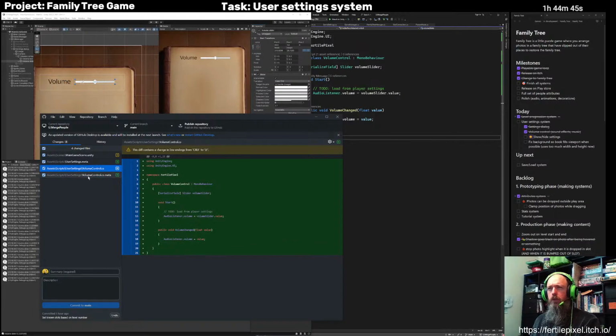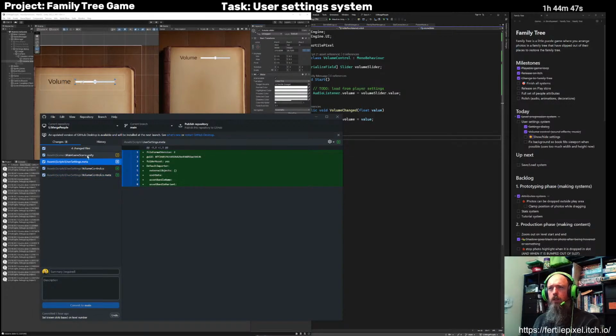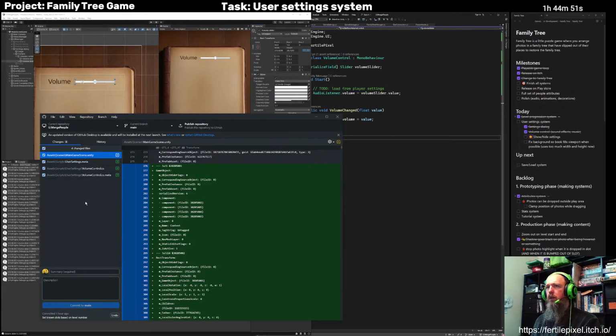So get our volume control script, its meta, user settings folder, and that's scene. So yeah,